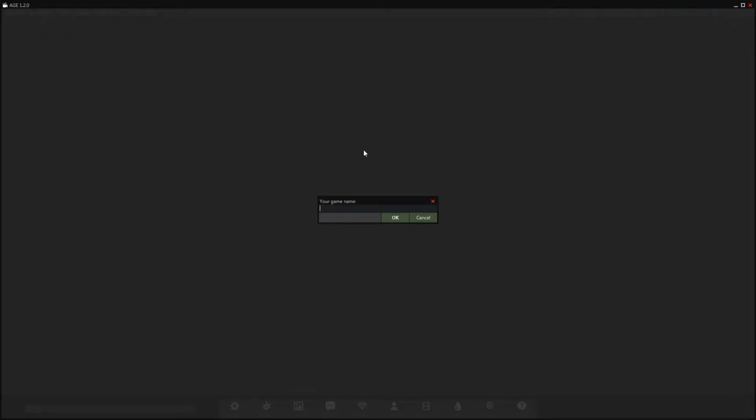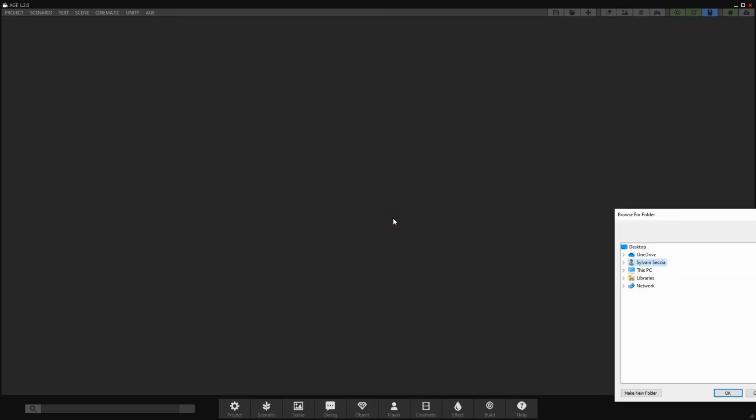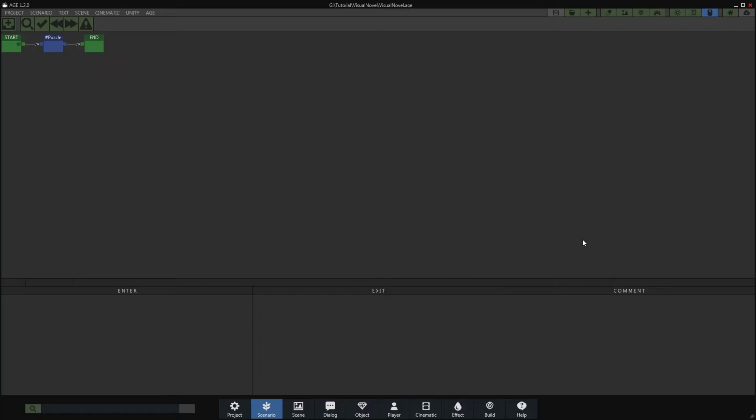Let's start by creating a new project via the main menu. You must define a file name and the folder in which your project will be located. You can move this folder as you wish through Windows Explorer, since the projects are not stored in a database. Once the new project is generated, you will see a scenario with 3 node boxes. Start and END are system boxes, which cannot be deleted. All your boxes must be between Start and END, which represent respectively the beginning and the end of your story.